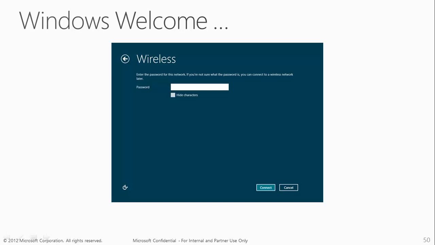This is going to be especially useful if you're on a touch-only device and you're going through setup, because that means you're probably using the touch keyboard, and without that tactile response that you get from typing on physical keys, it's possible to easily type the wrong key. So checking the hide characters box will allow you to verify what it is you've typed